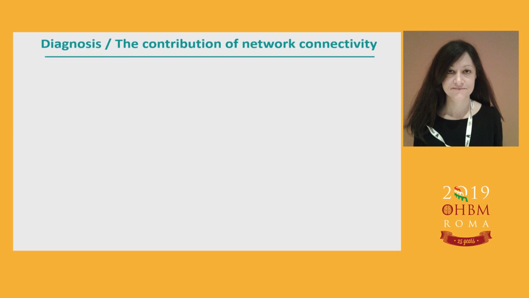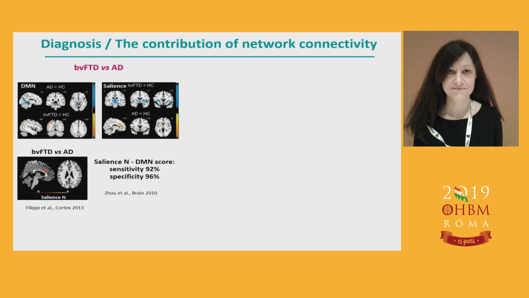Finally, we tested whether functional connectivity can also help in making the right diagnosis. We first look at the classic network connectivity within the main networks in the brain, such as the default mode network and the salience network. We show that this information can help the clinician in differentiating the two main dementias: Alzheimer's disease, which is associated with the involvement of the posterior brain networks, and frontotemporal dementia, which is associated with an opposite pattern, so a functional connectivity decrease in the anterior brain